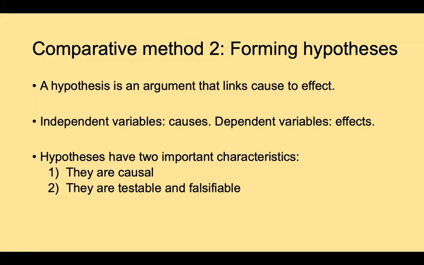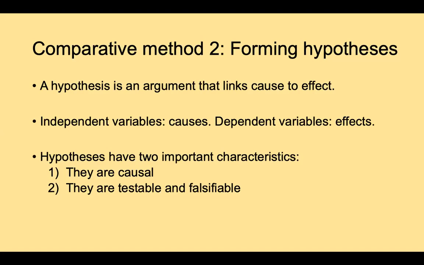And those characteristics are that they must be causal, that is, they must imply a causal relationship between two or more things, and they must be testable and falsifiable. That is to say, we must be able to examine them empirically and confirm or falsify them by examining data and evaluating data against the theoretical expectations that come from the hypotheses. So when we create these hypotheses, we create them fundamentally to test ideas about what causes the transitions